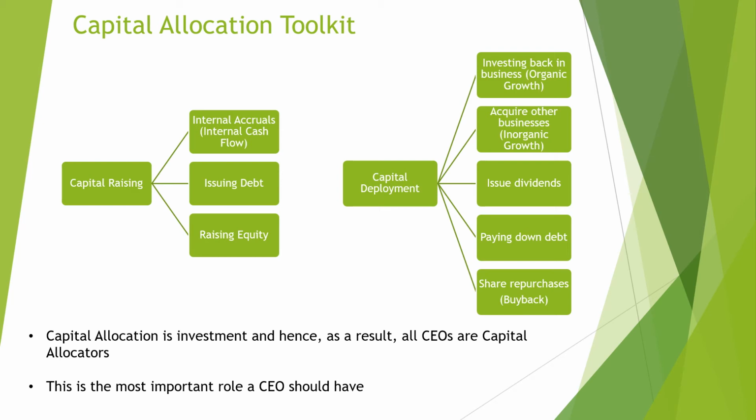So that is called that. So that is one way of deploying capital. That is, you invest back the particular capital into the business, which is also called organic growth. Now, the second point is that with that excess free cash flow that you have, you can also buy growth, or buy other businesses as well.